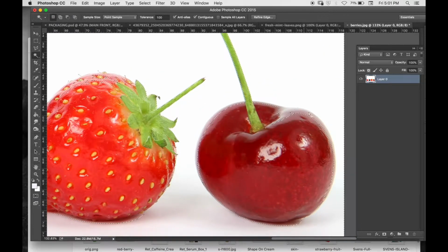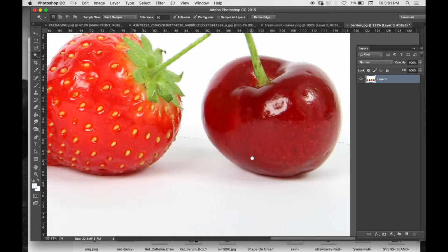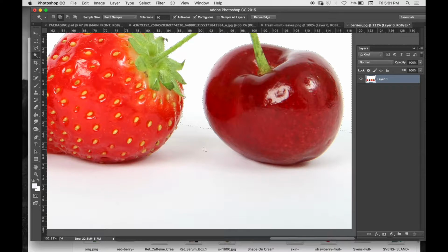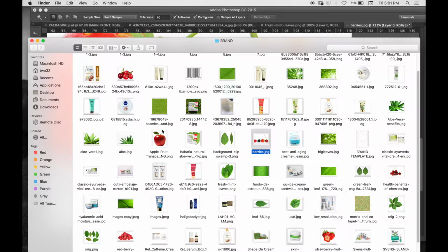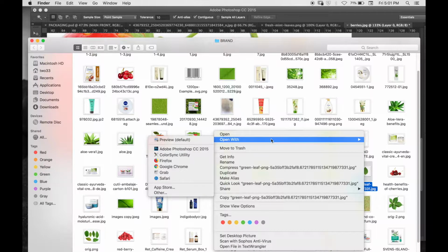So already it's breaking into the image here. If I set this down to a 10, for example, it will trace the edge more, but it won't pick up these greys. So you can hold down Shift and keep adding in selections like this to get rid of these bits. Or what we can do is find a better image that doesn't have so much grey around the edge. So if we take a JPEG like this one,